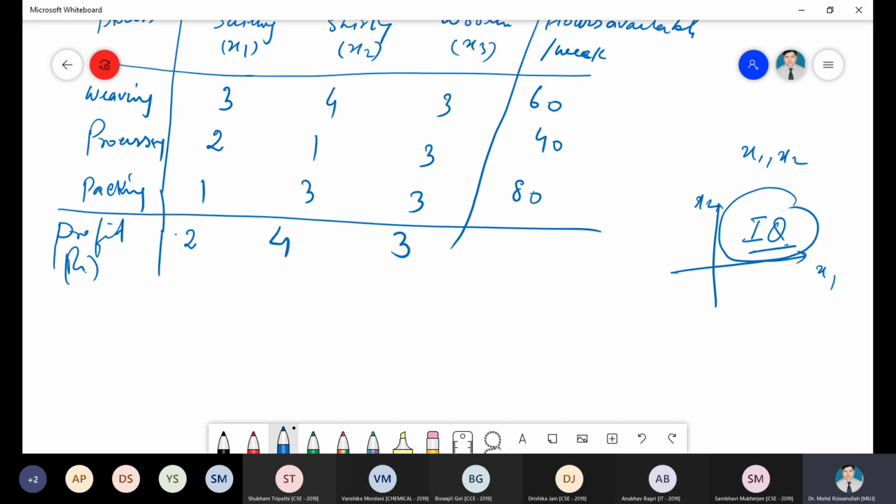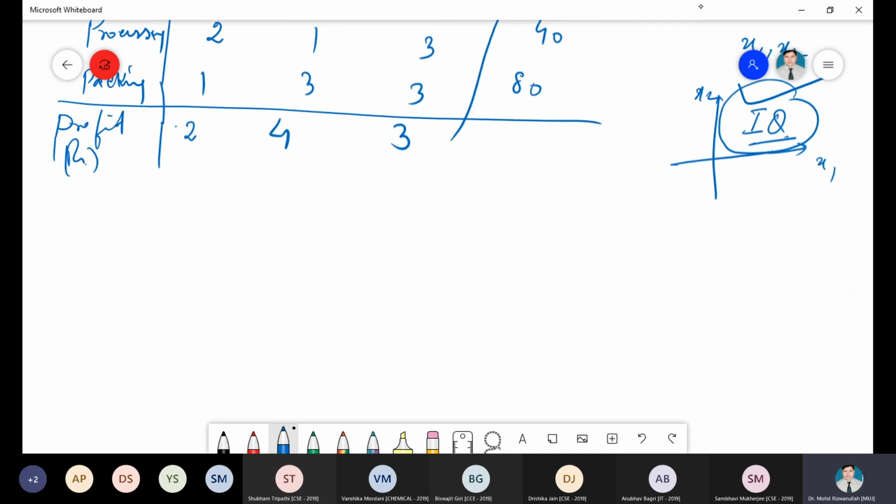So I am asking why only the first quadrant will be considered to solve the problem of 2 variables. There is a restriction on x1 and x2, they will be positive. Excellent. That's why our optimum solution will lie only in this first quadrant. So we have to find it. Now see, a very small thing that I am going to explain here. When we apply the graphical method, with x1 and x2 in this first quadrant, there are infinite solutions.